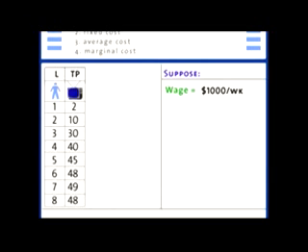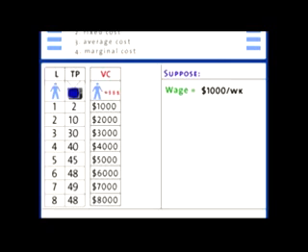Go back to the chart that we began with. This chart describes the production possibilities of the firm. That is, how many television sets a certain number of workers can assemble in a week. What we'll do now is take the number of workers in each case and multiply by the wage that must be paid those workers to get the total amount of money the firm has to spend on labor to produce output. For instance, if you hire one worker, you've got to pay that worker $1,000 a week for a total